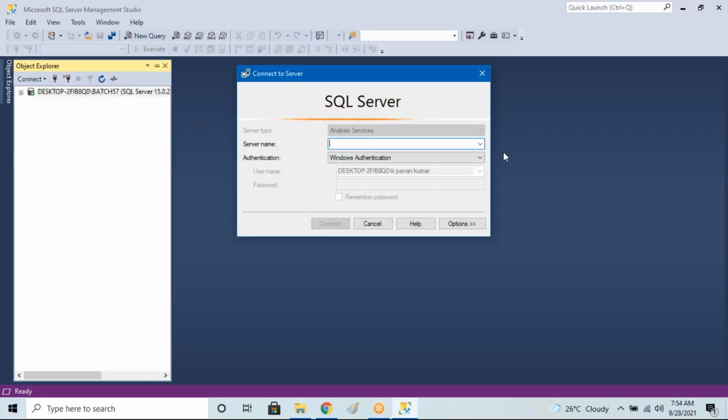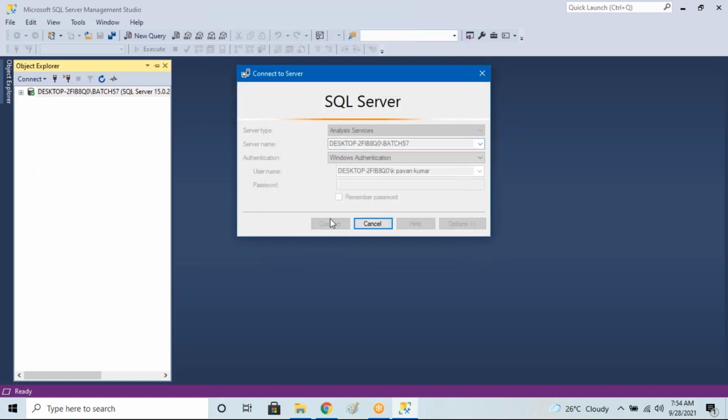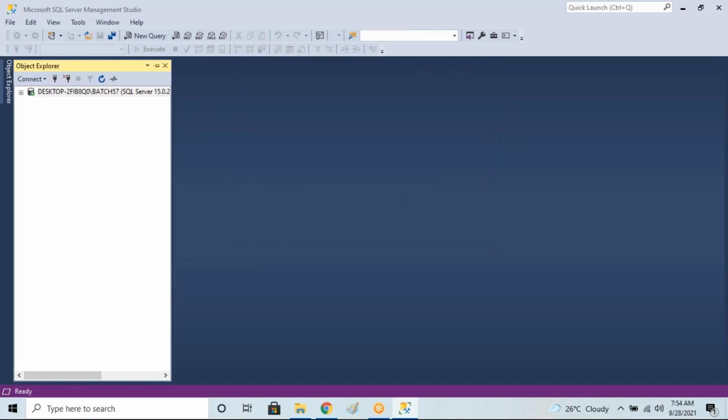Right. Now click on the server name. Browse for more. Select Analysis Services. Select this one. Click OK. Click Connect. So whatever data we are taking from the data warehousing SQL Server, by taking that data, we